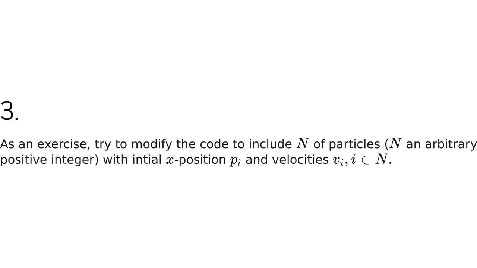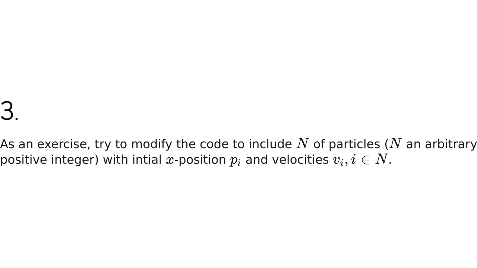Now here is an exercise for you to try. Building upon the previous example of a single particle, your task is to modify the code to simulate the motion of n particles, where n can be any arbitrary positive integer. Each of these n particles should have its own unique initial x position, which we can denote as p sub i, and its own initial x velocity v sub i, where i represents the index of each particle from 1